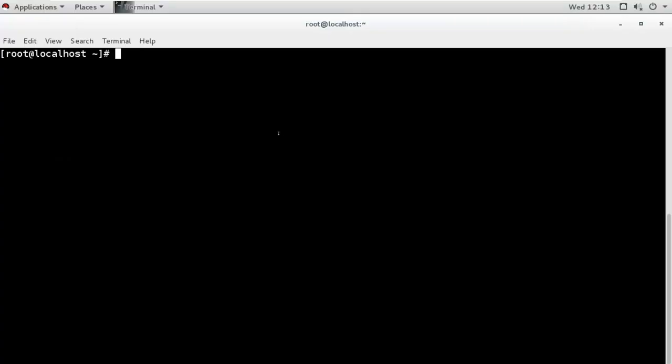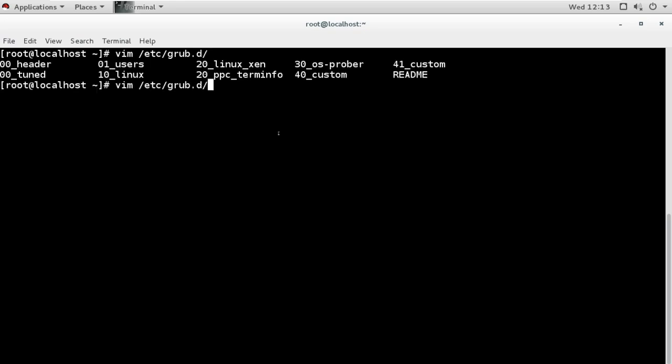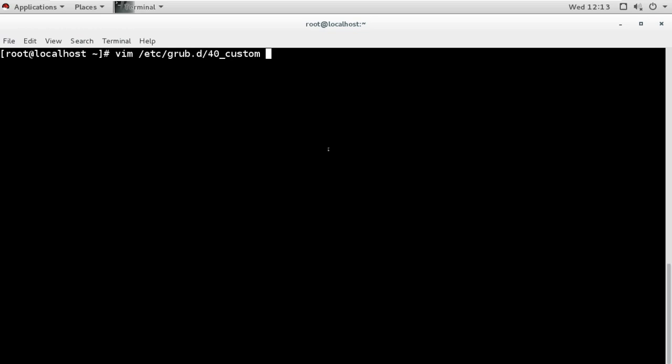In this system, I will open the file under the grub.d directory. We have all these files. In this we have the custom file for custom changes. So I will edit the file 40_custom.